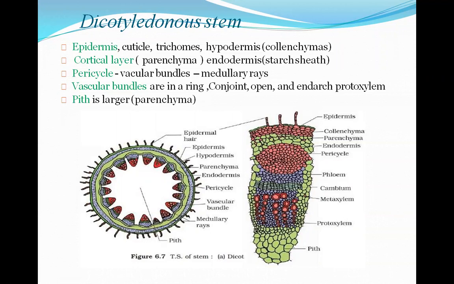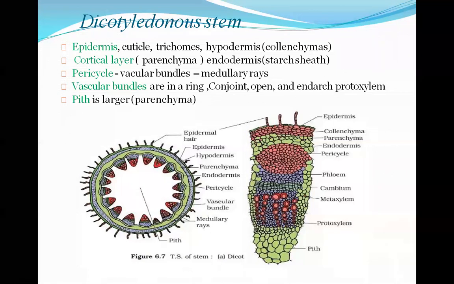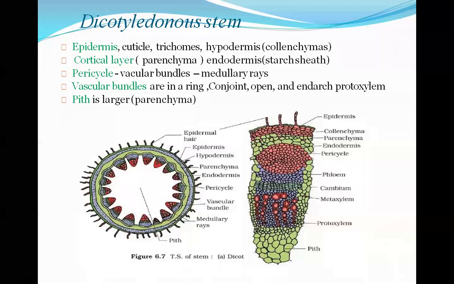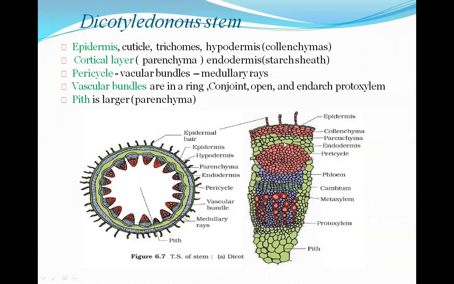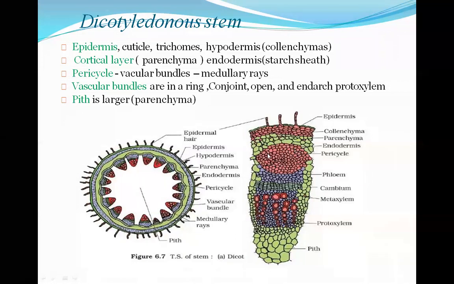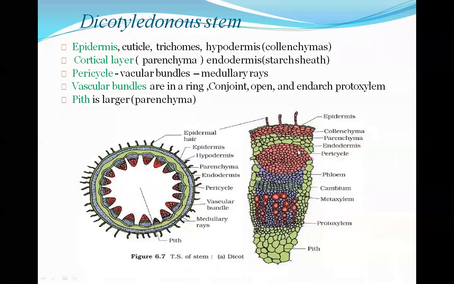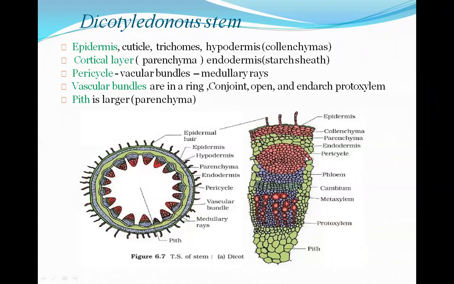And these parenchyma cells, right, they perform two functions. It does the function of photosynthesis, as it contains what, the chlorophyll. And second, it is also responsible for storing the food particles or materials, right? After the cortical layer, there will be the presence of the endodermis layer, this portion here, the first layer which you can see after the cortical layer. As it is present inside, for this reason it is known as the endodermis.